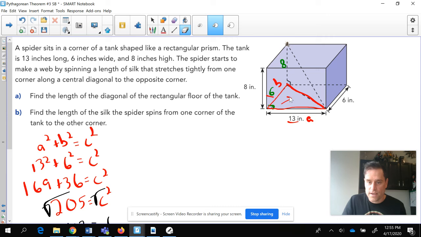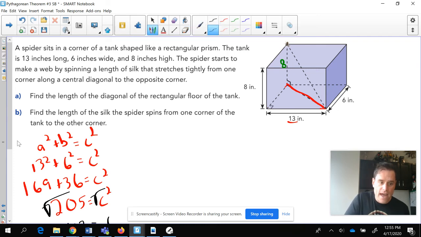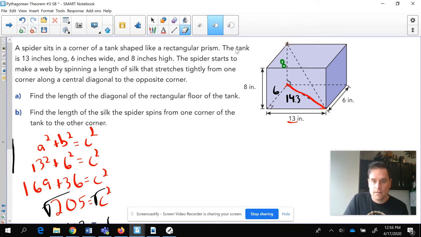So we can erase this, and we now know what this longer length is right here. And we know that that is equal to 14.3. Let's plug that in. So now we know this length. Again, what we did was we know that's 6 by 13. We used that to solve that. Now, let me erase this again. Get all this other junk out of the way. And I just want you to focus on